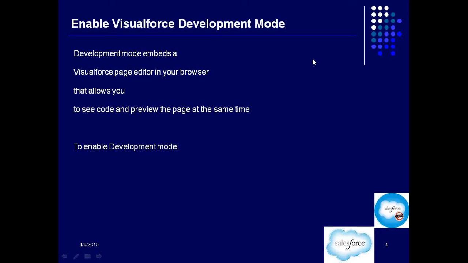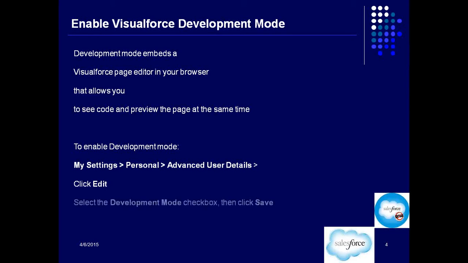Okay. Now you go to My Settings, Personal, Advanced User Details, and in that go ahead and click on Edit. There, select the Development Mode checkbox.